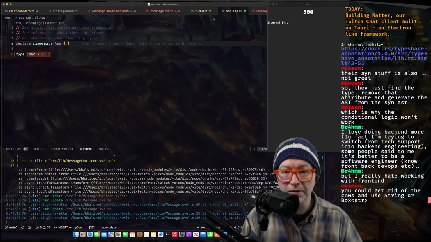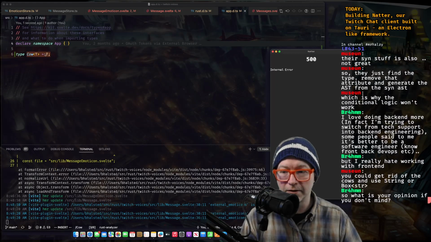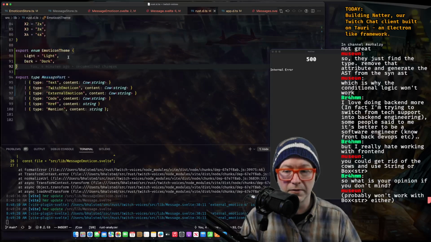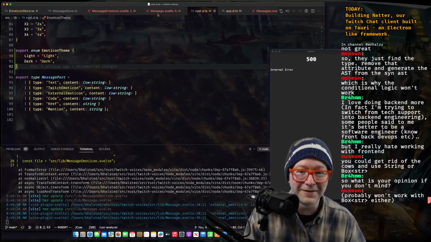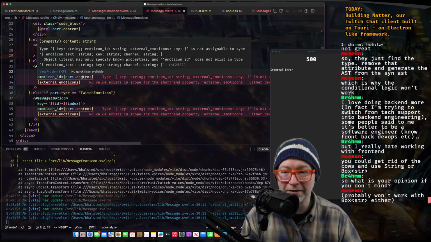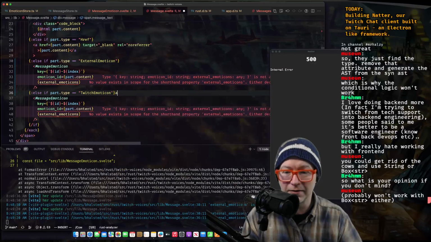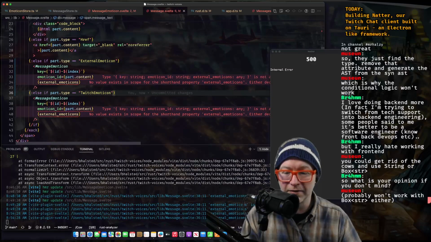Does that actually work? It's kind of like just unwrapping it. Oh, interesting. Okay, so it finds it. Or that content. Now it thinks it's a string. Okay. Save it again.